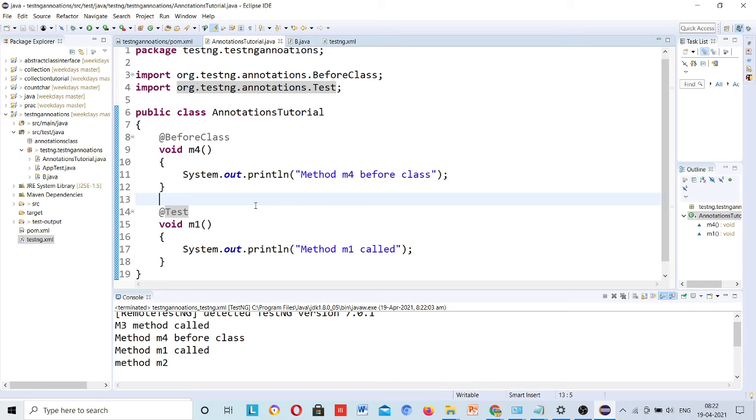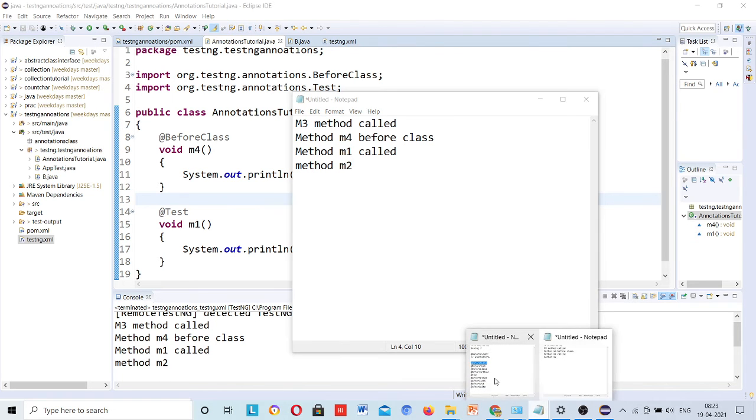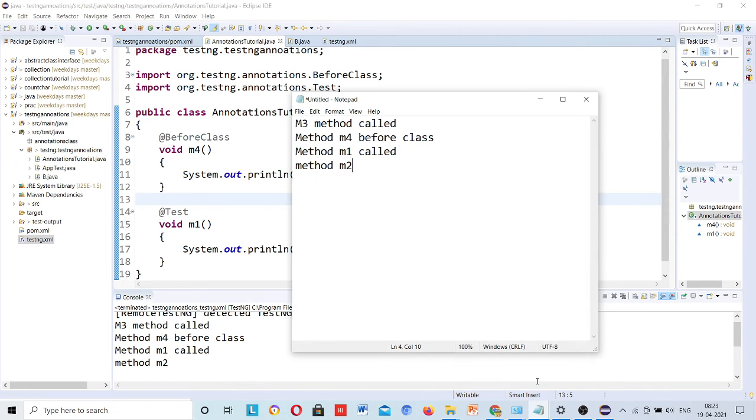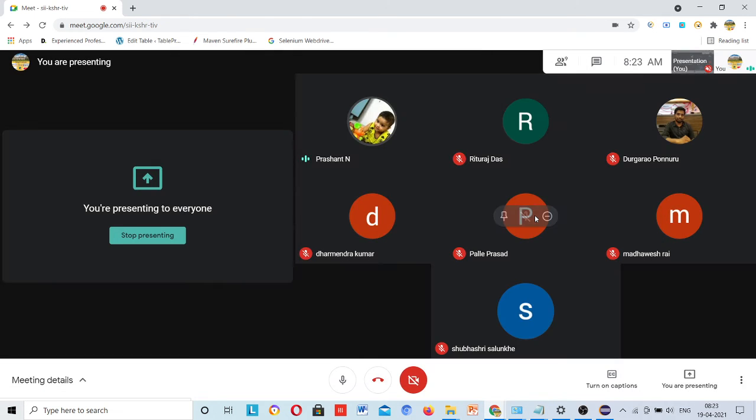And one more thing that you need to know, the last thing for today, is the before method.